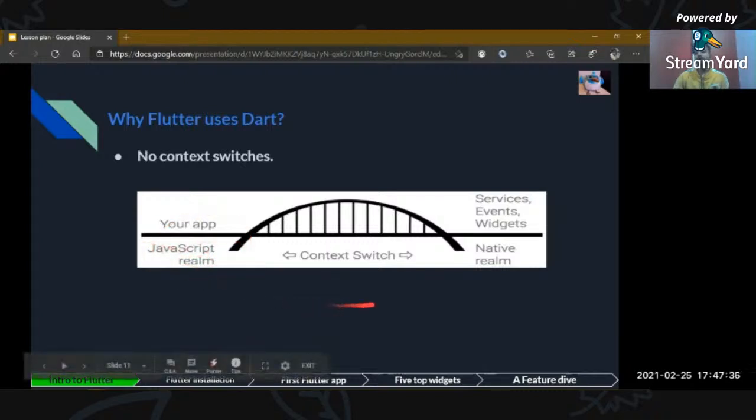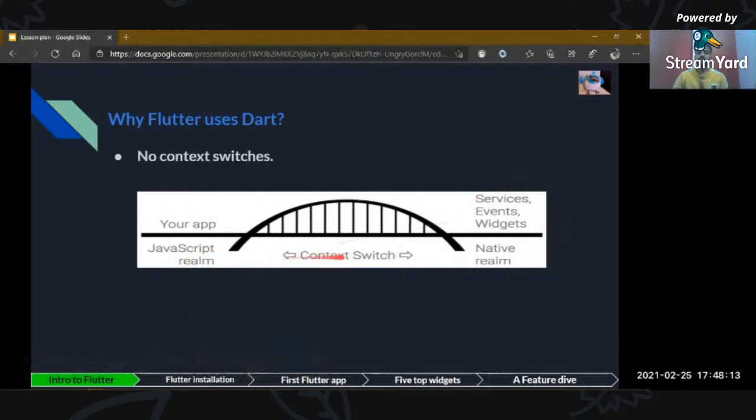On the other hand, you will have services, events, widgets, or some other API framework. What happens when you run your app? A context switch bridge comes in. There is a time-lagging part where your app takes time to interact with all these things at the other end, and that's where the context is switched.